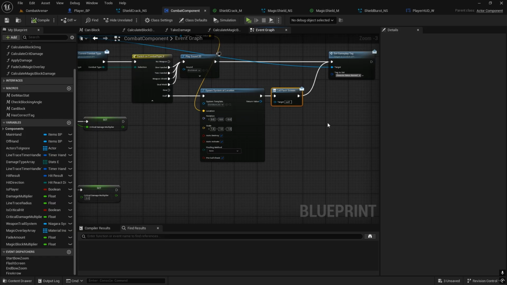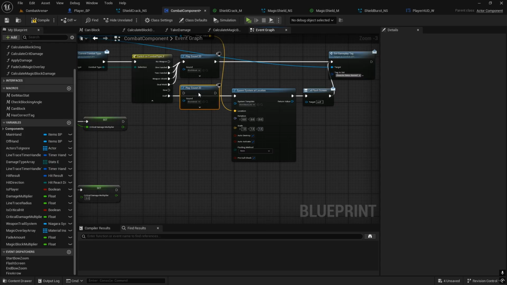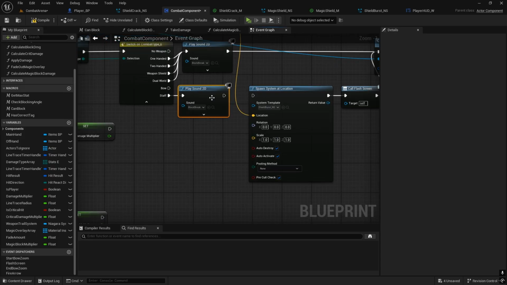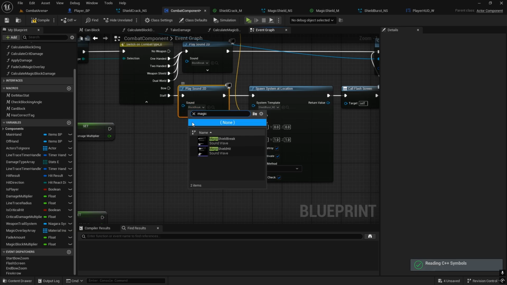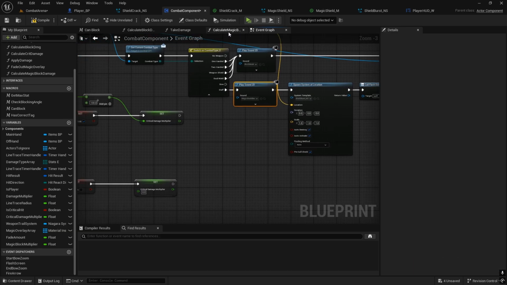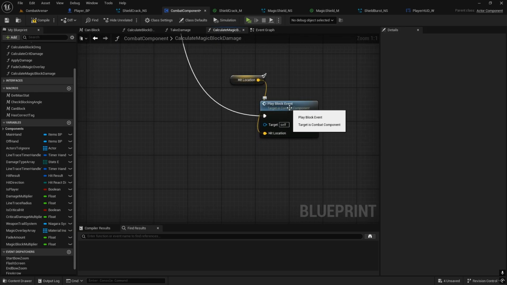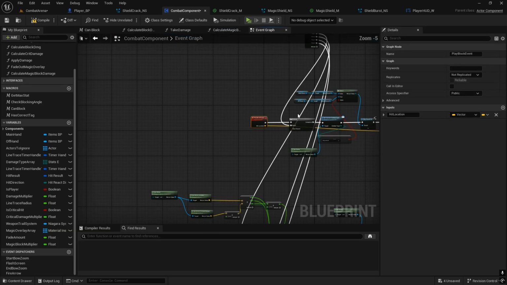So this is when it completely breaks. So I'm going to copy this sound. Add it here, and this one will be magic shield break because that's when it breaks. And then if you go back to this calculate magic block damage, we do have this play block event. Open it up,